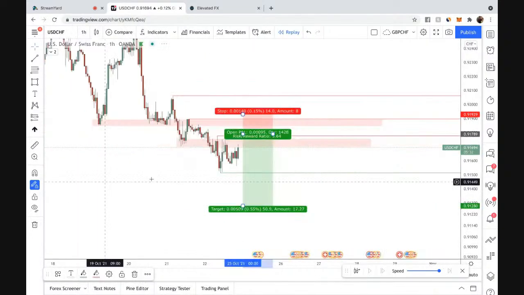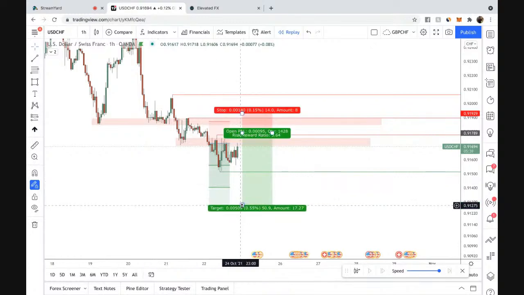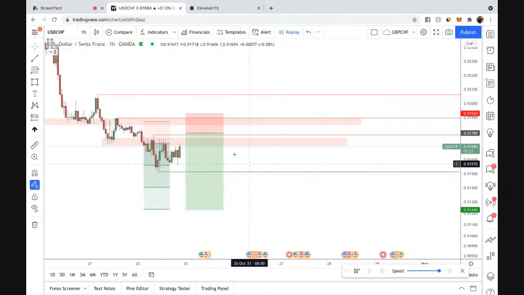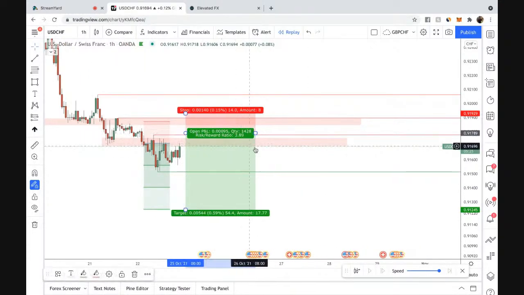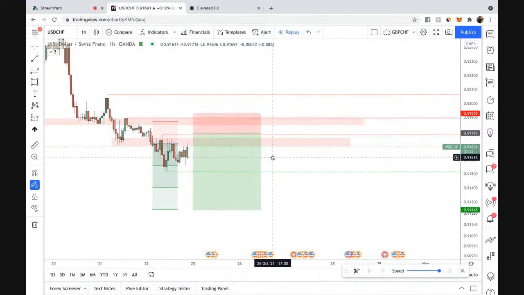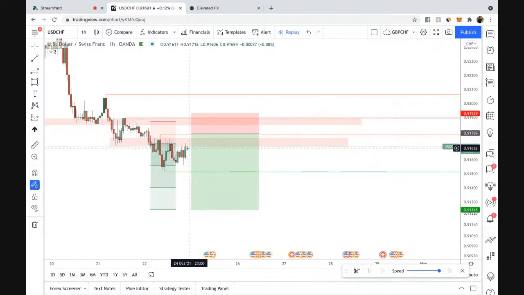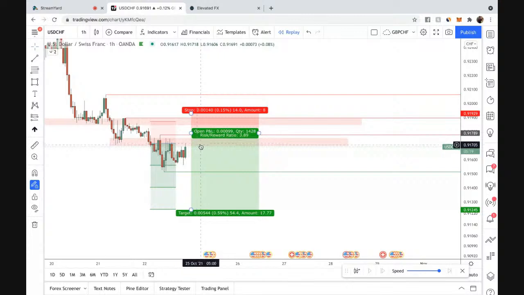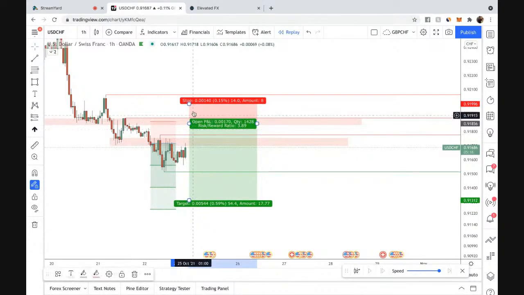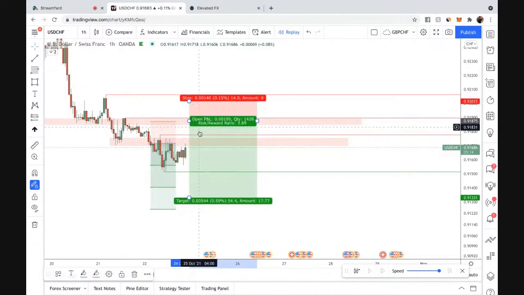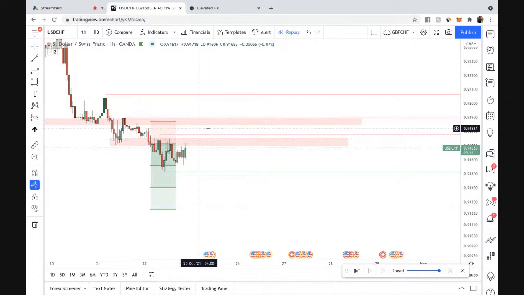Make sure that we're on our 1 hour. And what that's going to do is give us a nice, easily 3-to-1, 3.89, right? What I'll look for is with U-Swiss, I would like it to pull back. If it can pull back even more aggressive, oh man, even better. Because eventually I'm only looking for the rejection off of 2 areas right here, 1, 2. I don't need it coming all the way up here.